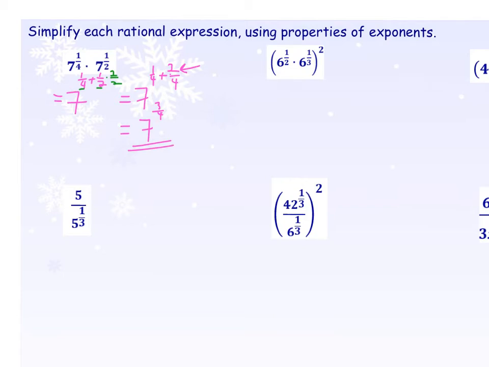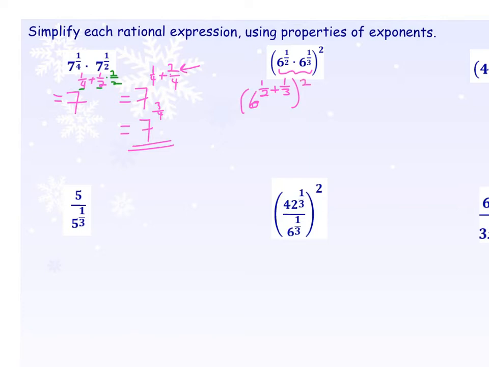Now in the next example, there are a couple things you could do here. You could add the insides and then do the power on the outside, or you could distribute the power on the outside into both of them and then get a common denominator. It's up to you. I always like to condense the inside down to one base if possible, and we can do that by adding the exponents together. But keep in mind this stays in the parentheses until we're done. That means it's 6 to the 1/2 plus 1/3 power,